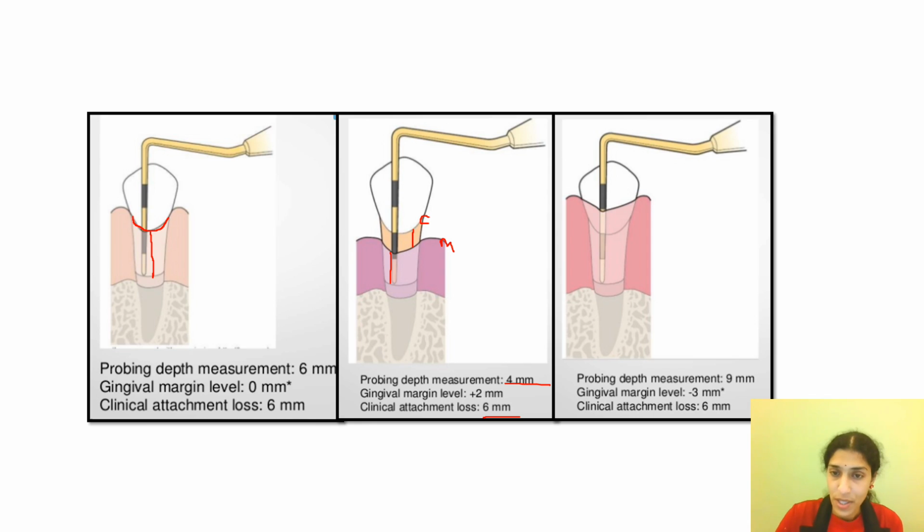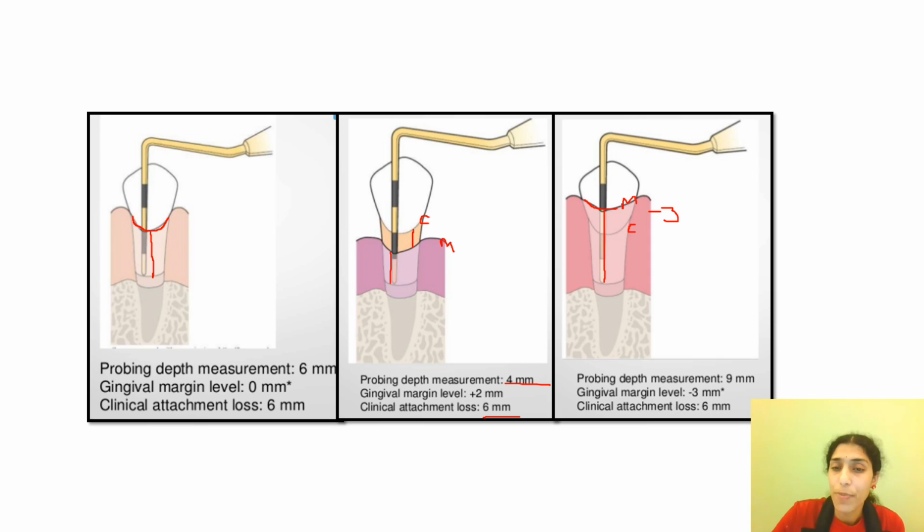In the third situation, the gingival margin is not below but rather above the CEJ. So this is the gingival margin in this case, and this is the CEJ. The CEJ is at a lower level, the margin is at a higher level. In this situation, let us say the probing pocket depth measured from the margin to the base of the pocket is 9 mm, because the margin is at a higher level. It could be a certain amount of pseudo pocket, right? So there is a 9 mm pocket here, and the gingival margin level from margin to CEJ is actually 3 mm. It is actually minus 3 mm because it is away, it's not below, right?